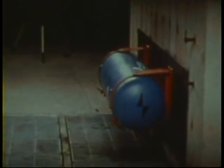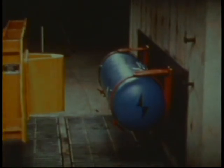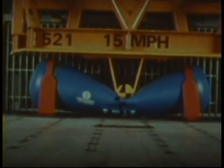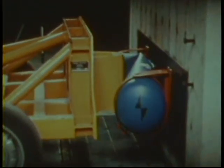But suppose that the tank had been damaged. Does it stand up well to a severe impact? In order to test this, we mounted an LPG tank against a concrete block. The tank is filled with water and brought under a compression load of 8 atmospheres. After that, a heavy steel wedge is driven into it which has a weight of 2 tons and hits the